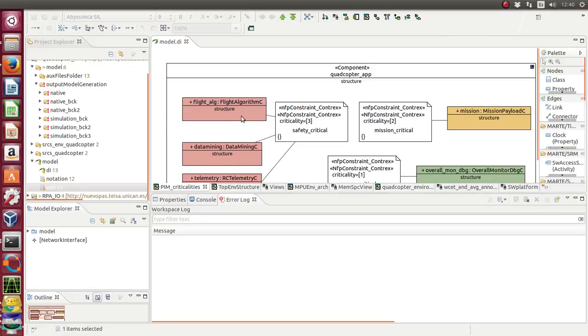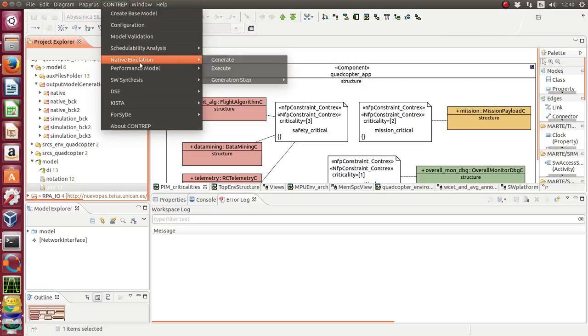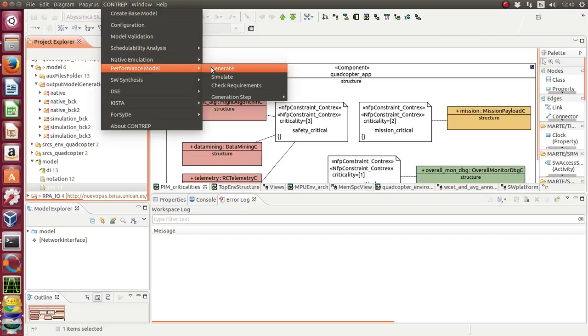Okay, once we have generated the model, we can generate, among other things, a simulatable model which behaves as a performance model, as it is capable to count and produce estimations on different types of performance metrics related to time and energy consumption, power consumption. For that, we only need to select the model and then select the performance model generation option, which is present in the CONTREP